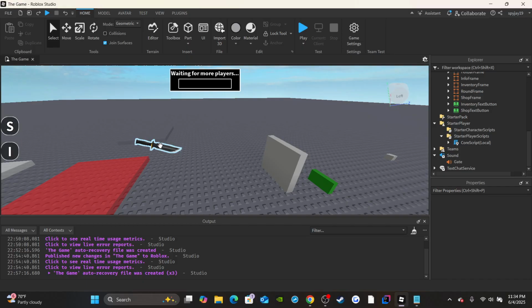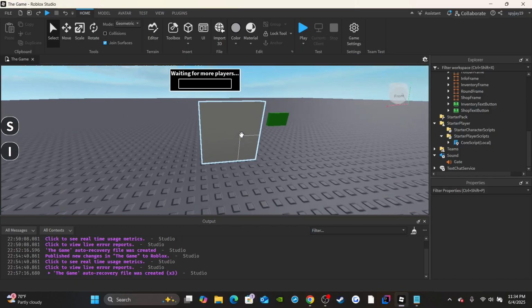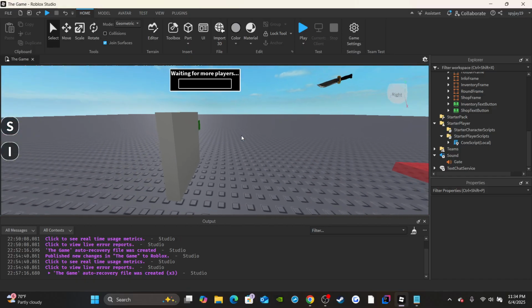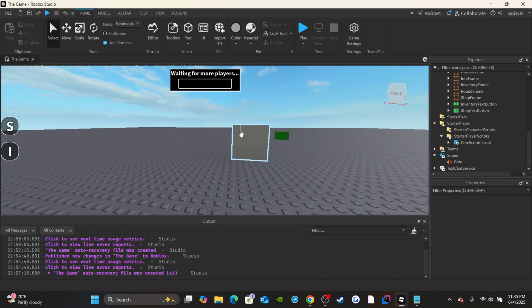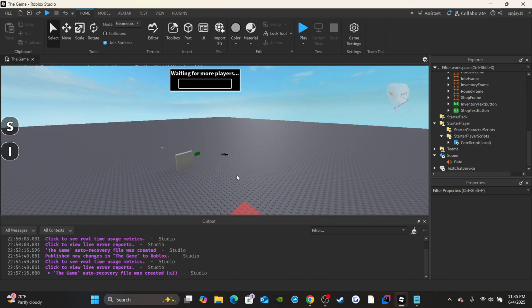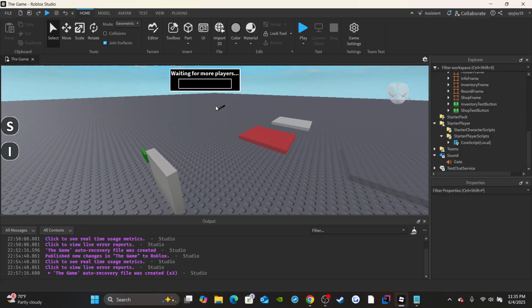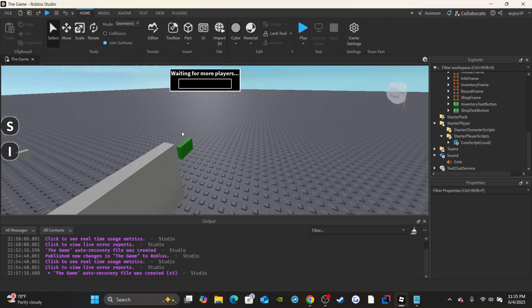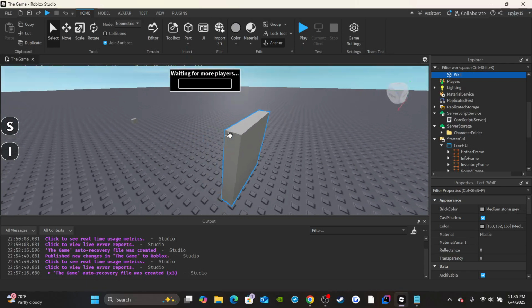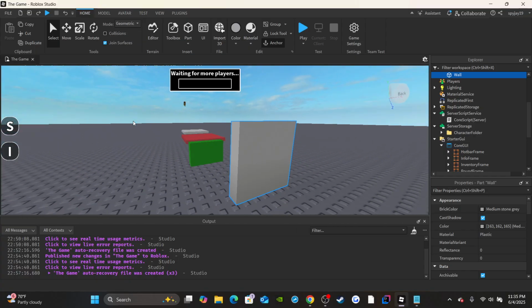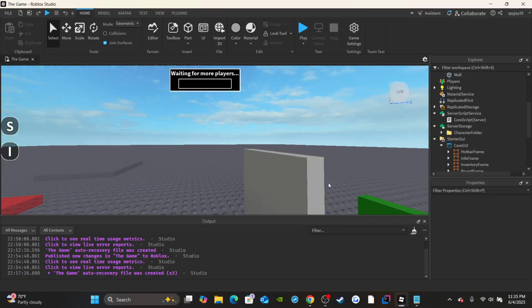If something is not working out as intended, you may have to rotate things. Here's what I mean. Let's say the player doesn't spawn correctly. You may have to change some things in the code. Y'all are really going to have to critically think here. I know it's hard for some of y'all. I don't mean any offense by that, but for some of y'all it is a little hard. You're gonna have to critically think, right? You may have to rotate